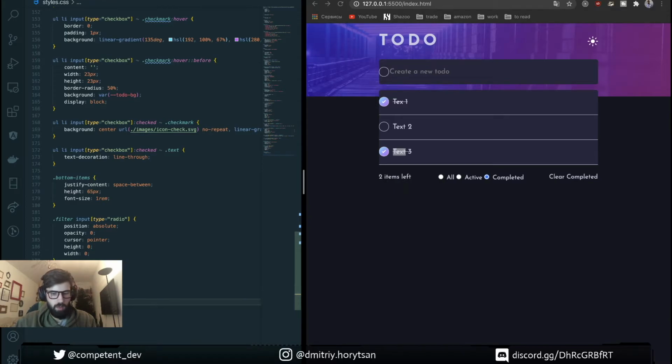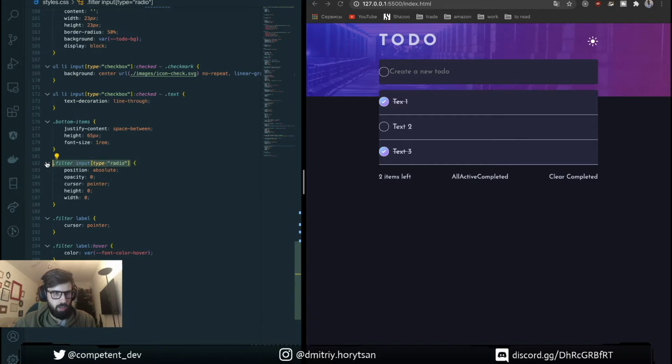Then filter label hover. What we need, color. We're gonna use another variable, font color hover. White.